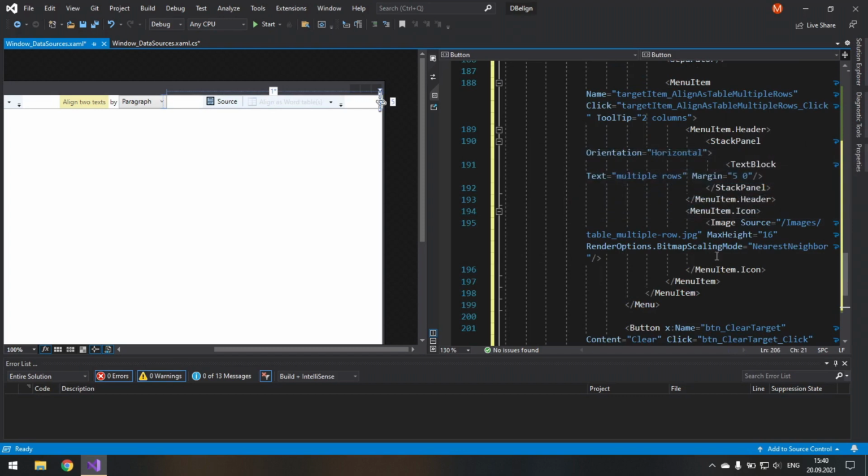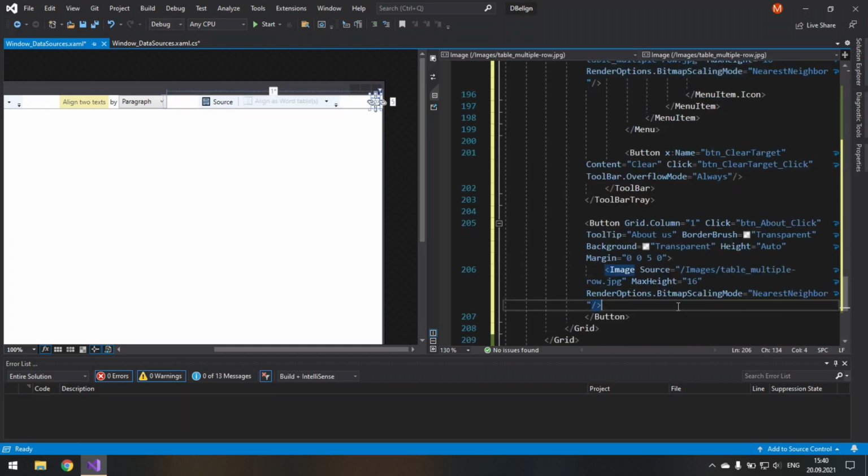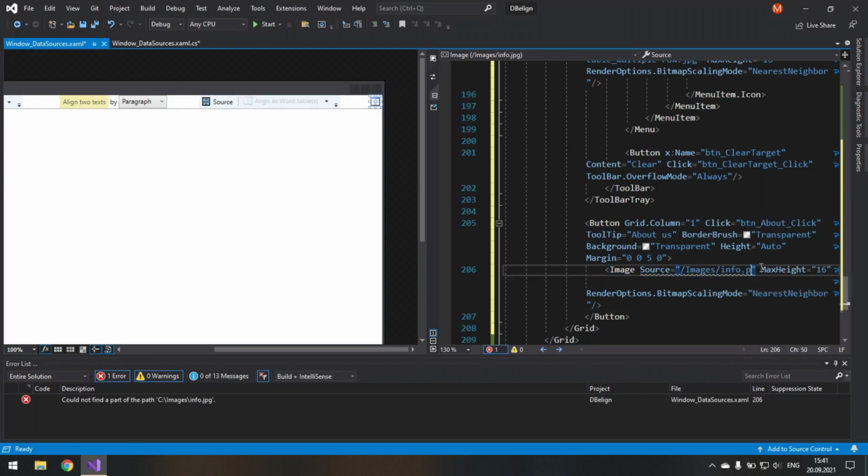So let's copy it from here, paste it here, and the source is going to be info.png. By the way, when you start with the forward slash, it's equivalent as when you type pack colon 2 forward slashes application colon comma comma comma. So you see it shows up as well.